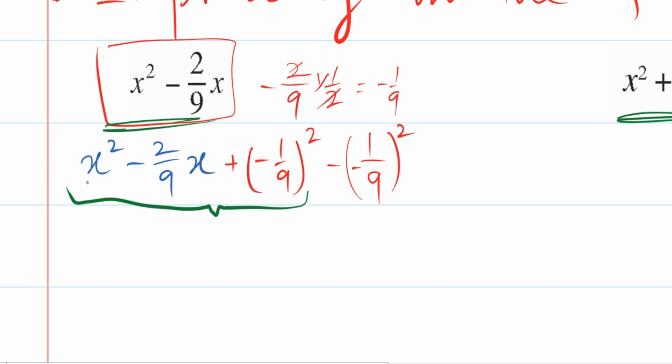So the first term is the square of x, so we will write x. We will take the sign from the second term, and then the third term is the square of 1 over 9. So 1 over 9 whole square. We will take only 1 over 9. Why? Because the negative sign has already been taken. So x minus 1 over 9 whole square.